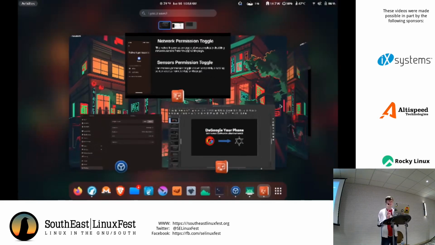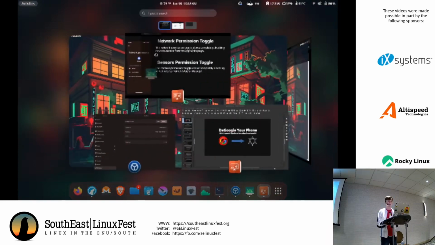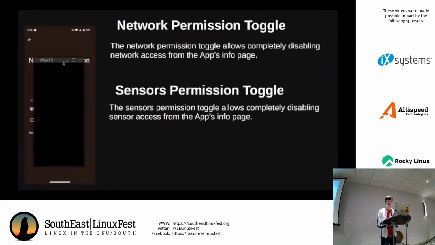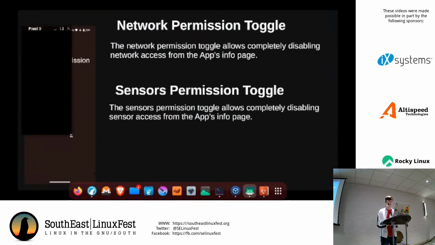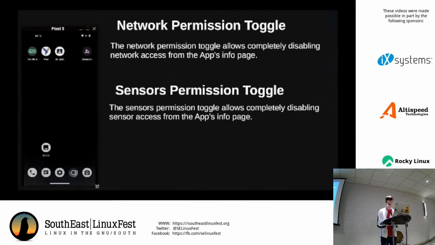So the first one I want to show you is the network permissions toggle. So let me see if I can actually get this to show up here. So I have images, but I wanted to see if I could actually do this live. There we go. So I have a Pixel 5 here running GrapheneOS, and let's say that I installed some app,